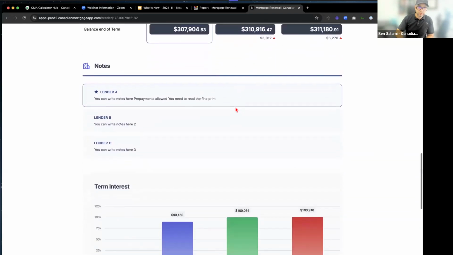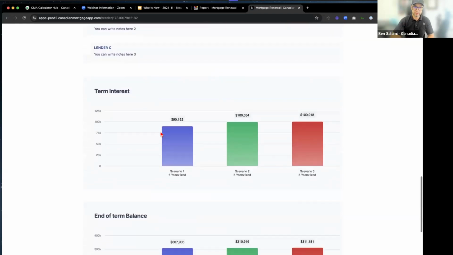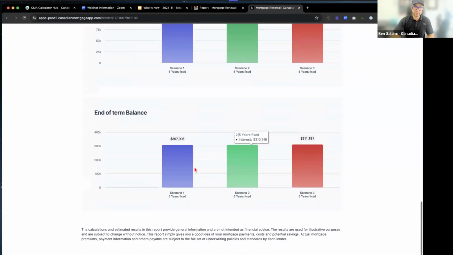And then, of course, our notes. So we added notes for the different options. And of course, because we added lenders' names, you can make these product names, totally up to you. You got your graphs, it's interactive. And then last but not least, you can just generate a nice PDF